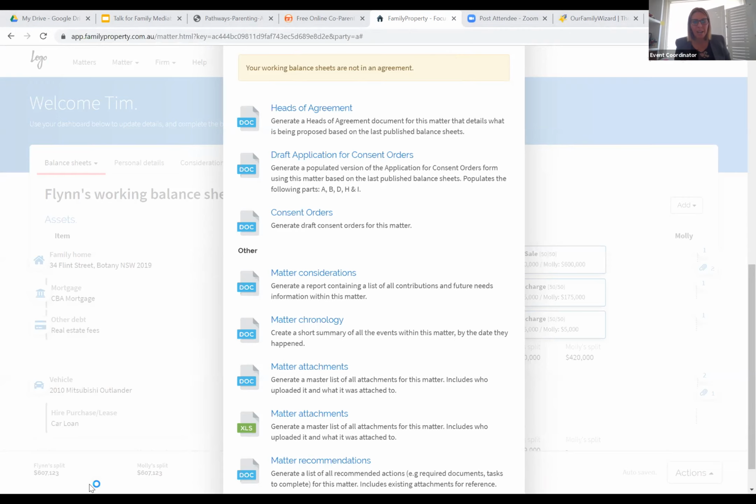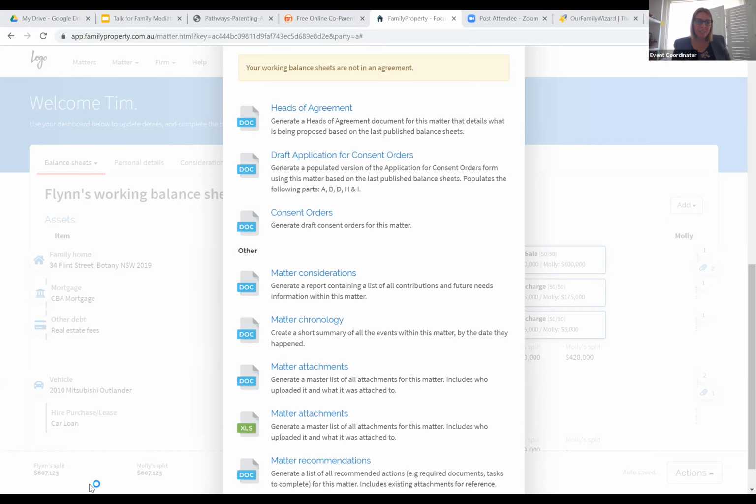So if you're a party, the application for consent orders kit, which is on the Family Court's website, is quite helpful because it goes through some wording, what's the terminology you need to know, what are the relevant legislation you need to know. I'll skip down, but as you can see here, it's automatically populated if you do use Family Property: details about the party, the relationship details, the children's details, and then moving right down to the bottom, the financial details.